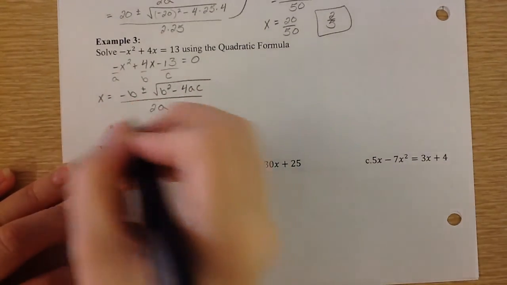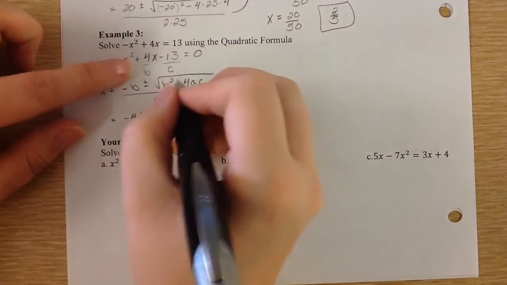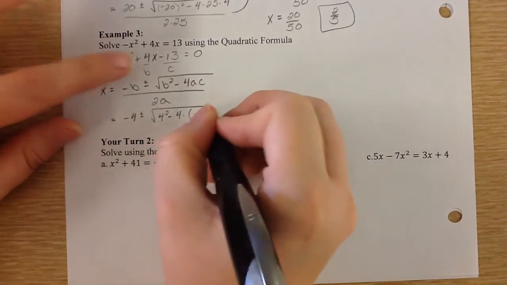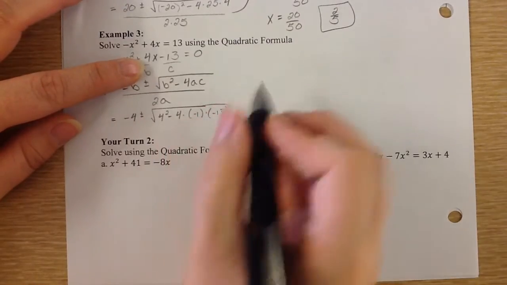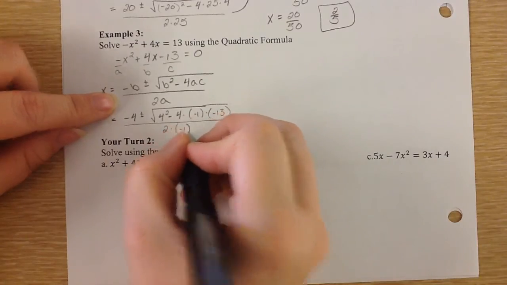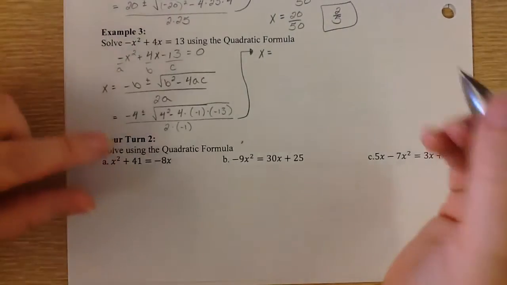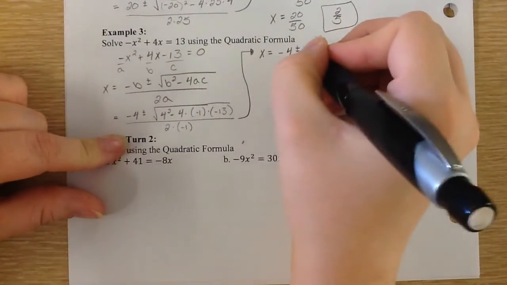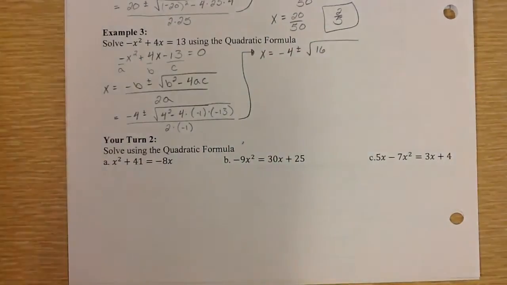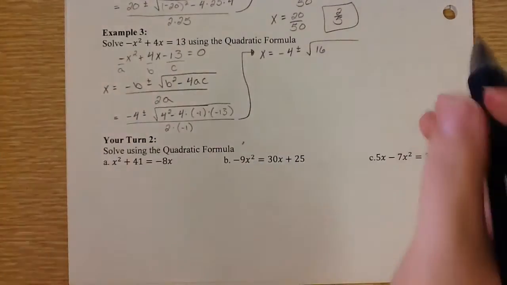Okay, let's plug in. Negative b, my b is 4, so negative 4. The square root of 4 squared minus 4 times my a, which is negative 1. My c is negative 13. All over 2 times a, which is negative 1. Okay, now let's bring it up over here. We're out of room. X equals negative b plus or minus the square root of 16 minus 4 times negative 1 times negative 13. It's going to be negative 52